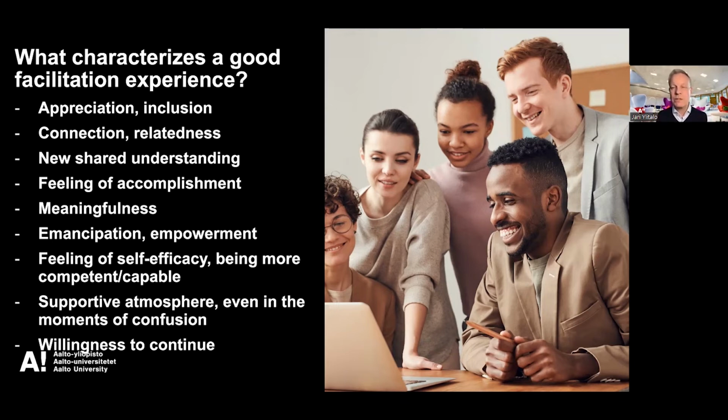That there is new shared understanding, and also a feeling of accomplishment. That we don't just talk. That it's not open-ended talk, but we end up having some results. I think that's one point, having this aim and purpose, and then in the end having a feeling that we have accomplished something, and that there is a kind of feeling of meaningfulness. That it was not just a theory scene, but this was something real that was meaningful for us to proceed.